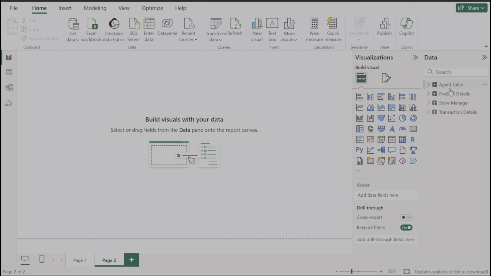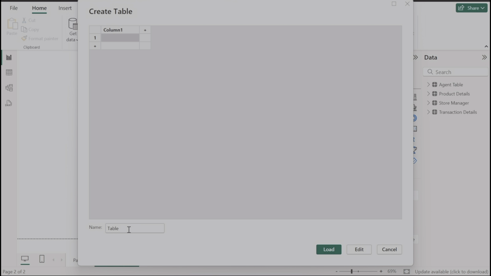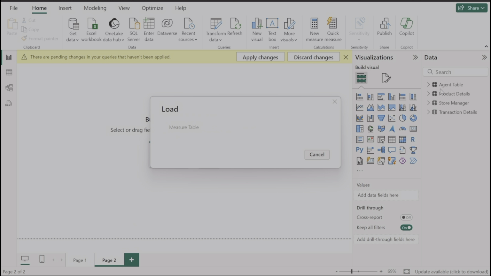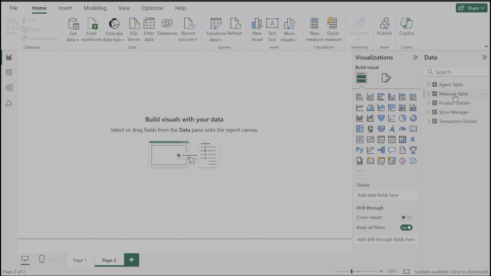If you see, the tables start with A and come on top, so I'll create a new table. Click on Enter Data and create a new table. Let's give the name as Measures Table. Click enter. Now it will create a new table with an empty column,